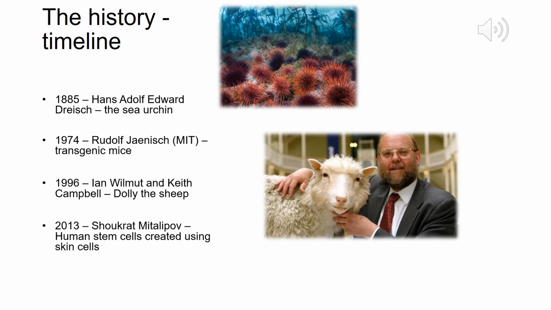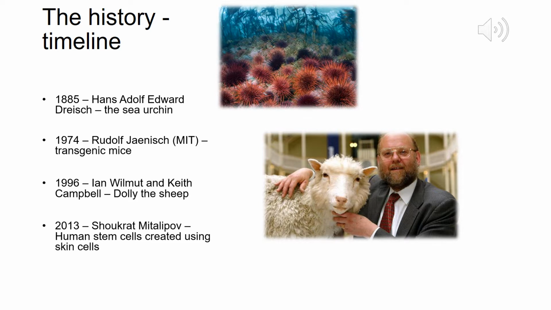To follow this up, I am going to give you some history of these two concepts. What many people may not be aware of is the fact that cloning experiments date back to the 19th century. In 1885, a German biologist, Hans Reich, who had a particular interest in embryology, demonstrated that it is possible to create a clone of a sea urchin, which is shown in the top picture, by merely shaking a single-celled embryo, causing it to split into two identical embryos.